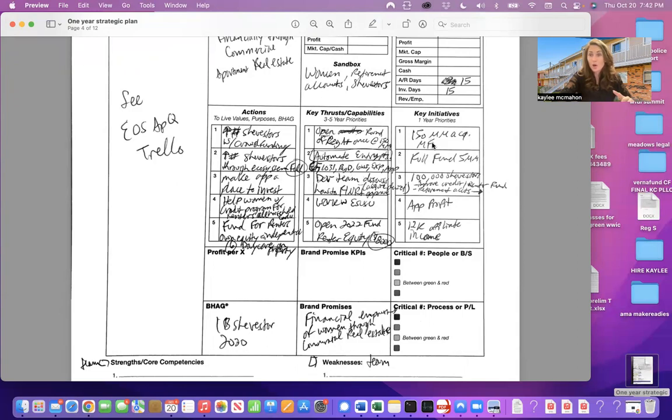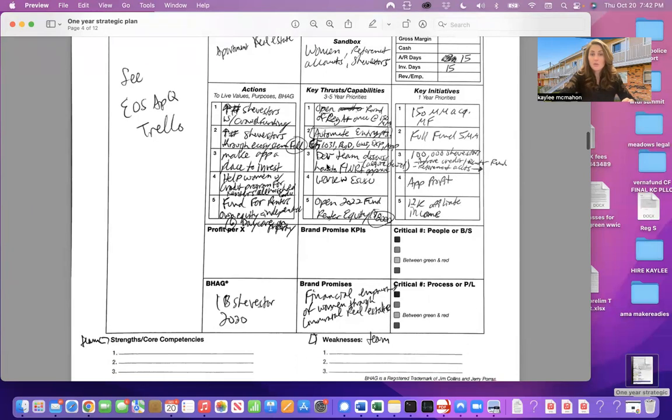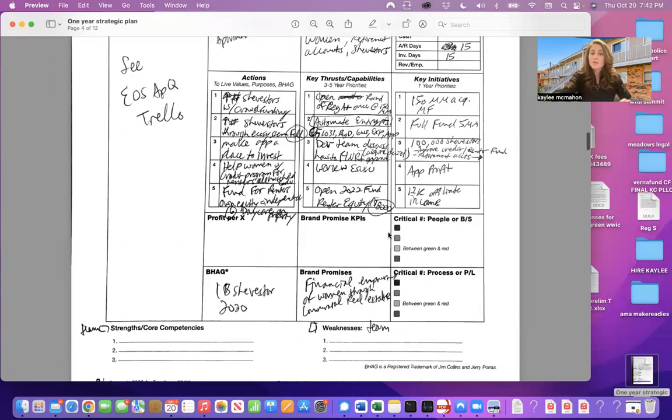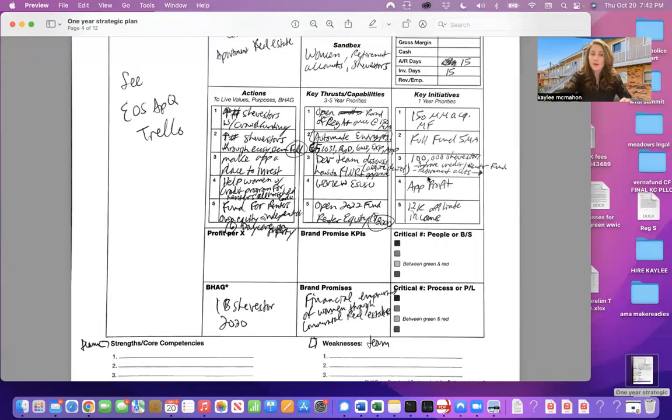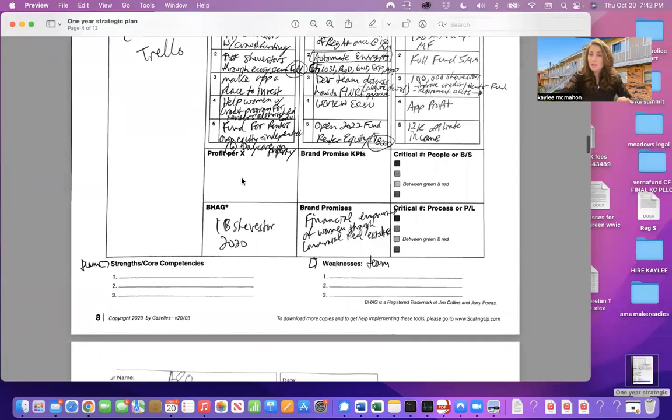So essentially putting a number on, like I mentioned before, the crowd fund. Okay, we need to then use that to acquire this much real estate. The full fund amount would look like this. Whenever we make an app for a place to invest, what is our goal there? Oh, we want 100,000 she-vestors that are using the app. So anyway, we just have this all defined. And so profit per X, again, this is another defining moment of what is our KPI or key performance indicator: profit per month, profit per year, profit per employee, profit per, how do we want to track